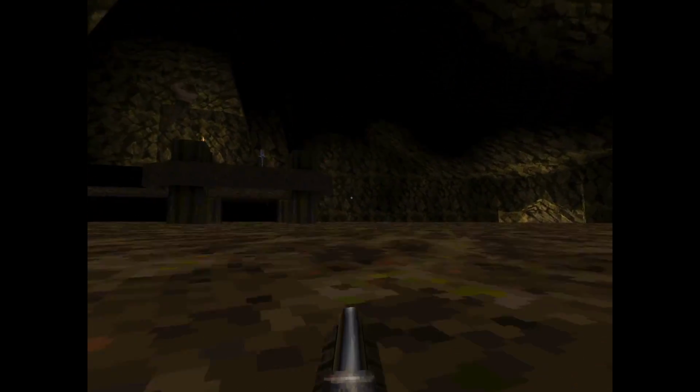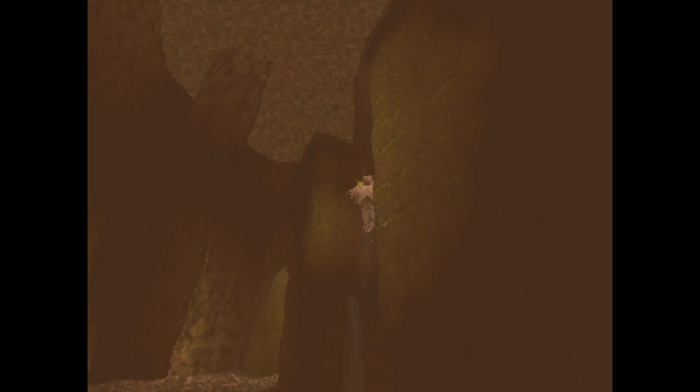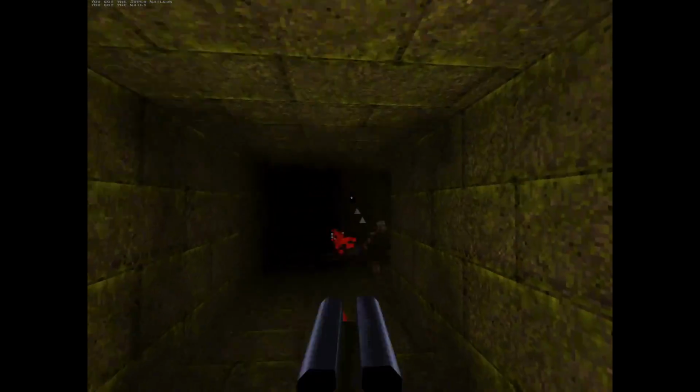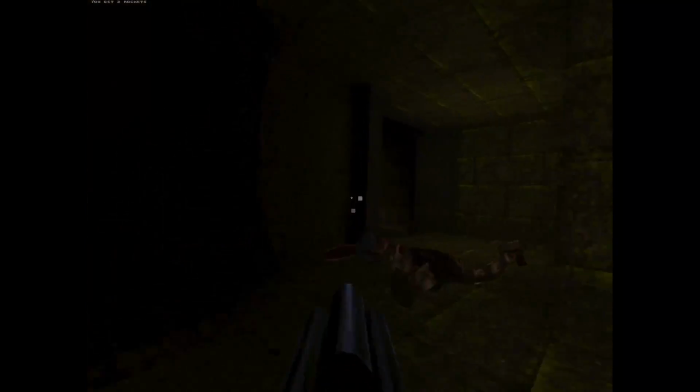I dove into its multiplayer, into mods, into custom maps and total conversions. These days, it's pretty hard to get your hands on the original mods, but Quake's legacy is all around us. Team Fortress 2, Half-Life, you could even make the argument that the modern indie game movement was spawned by Quake